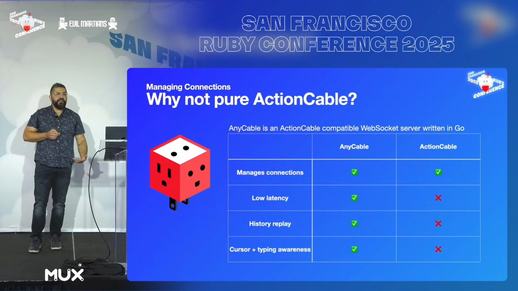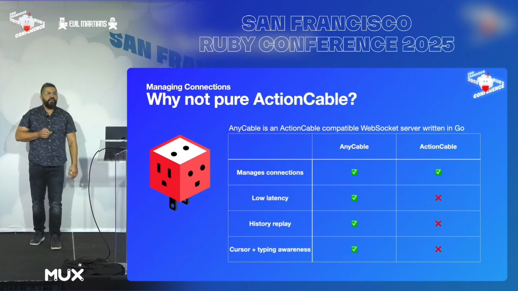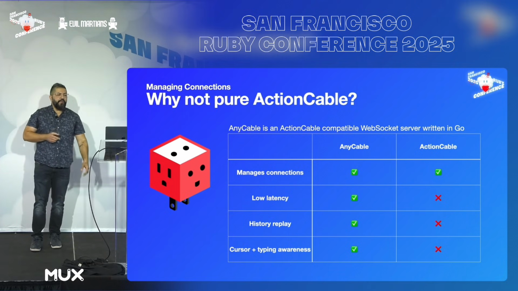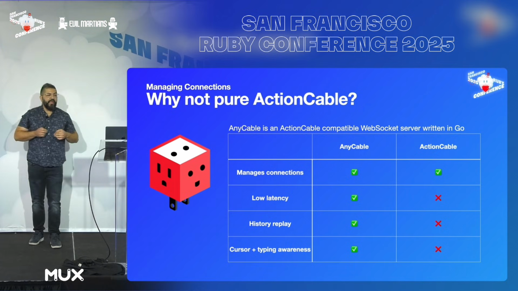AnyCable, like I mentioned, is an ActionCable compatible WebSocket server. What I didn't mention is it's written in Go, so that comes with a lot of performance benefits. If I lay out the things that are beneficial for real-time